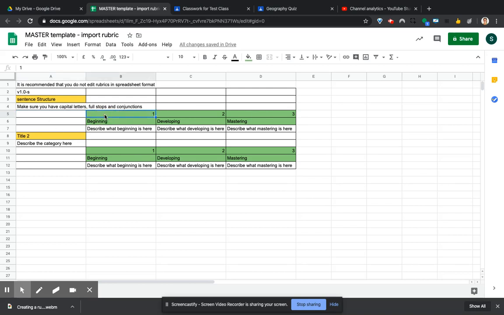Then this next box down, the 1, 2, and 3 are the scoring for that part. So you can score it whatever points that you want, and you can also have no points. But I haven't tried importing it, so I recommend importing it with points and then just turning the points off afterwards if you don't want them. So 1, 2, 3, and for our score, beginning, developing, or mastering,